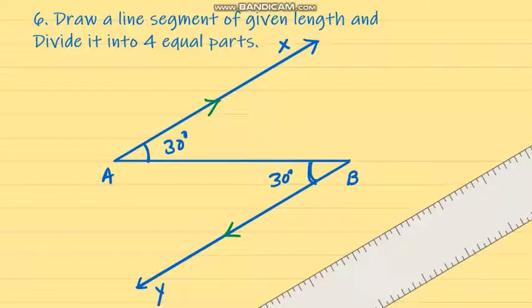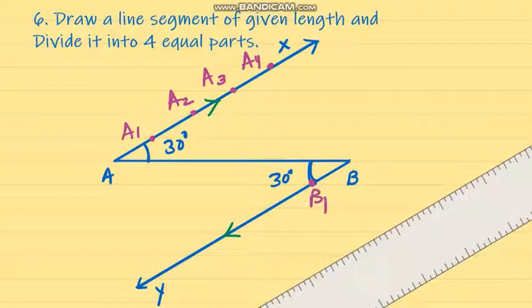Now what you have to do? You have to divide it into 4 equal parts. To divide it into 4 equal parts, simply see, this is a point of your notebook and the ray AX is intersecting here. So this is A1, next A2. 4 parts means you have to make here also 4 equal divisions. So A3 and then here A4. And here also see, this one will be B1, B2, B3 and B4.